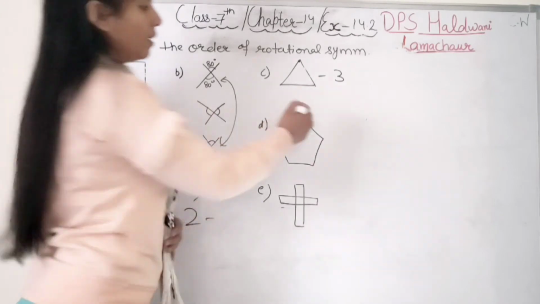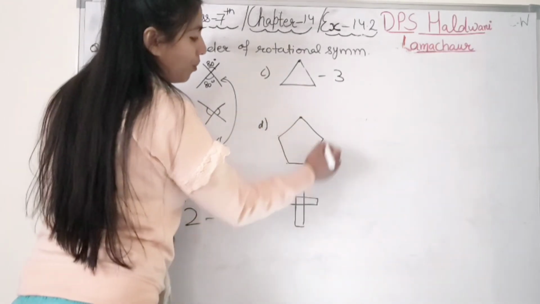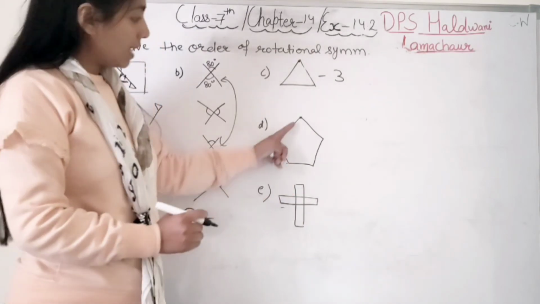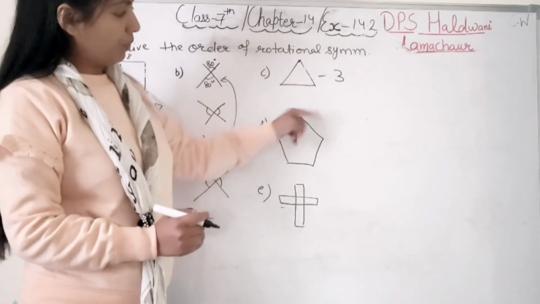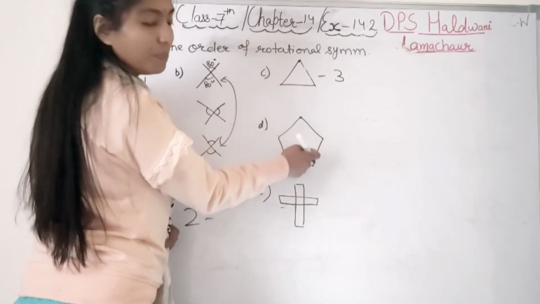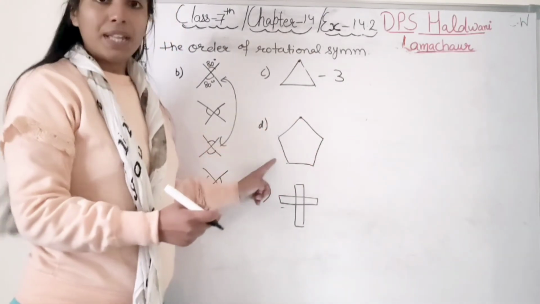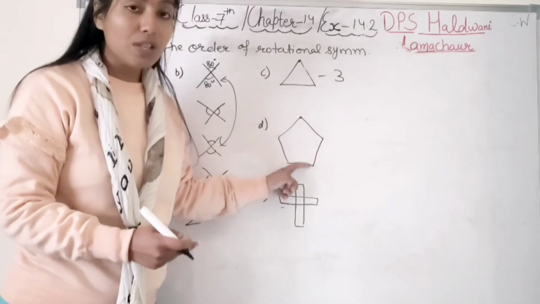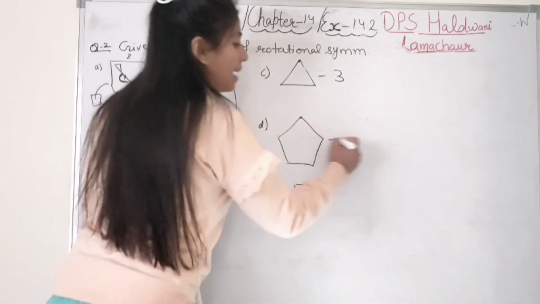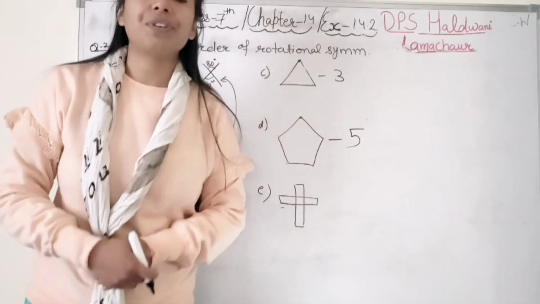Right? This 1, 2, 3, 4, 5. This is a pentagon. It is a regular pentagon, because again one vertex, this base. When you rotate it, तो ये vertex यहाँ आ जाएगा. This base will become here only. So every time the face will be the same. Because it's a regular pentagon. Regular means all sides are the same. So it means 5 sides. So it means the order of symmetry is 5.